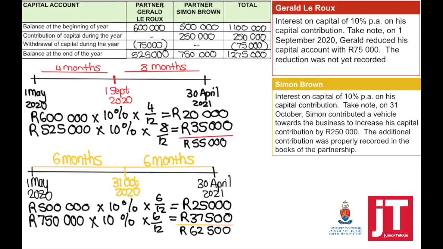To calculate the interest from the 1st of May until 31 October is 6 months. So on 500,000 times 10% times 6 divided by 12 equals 25,000, and then we're going to calculate on 750,000 times 10% times 6 divided by 12 equals 37,500. So the total interest earned is